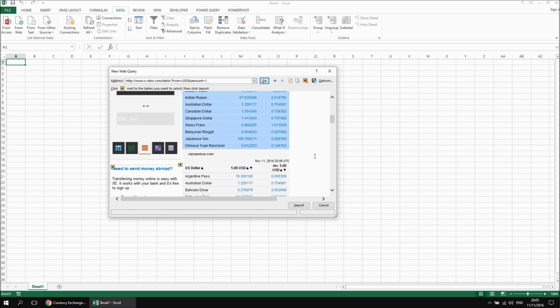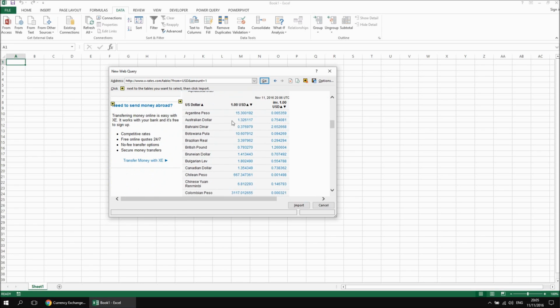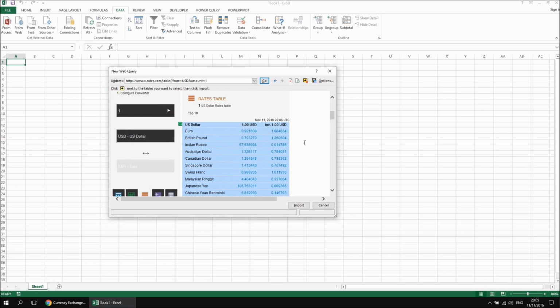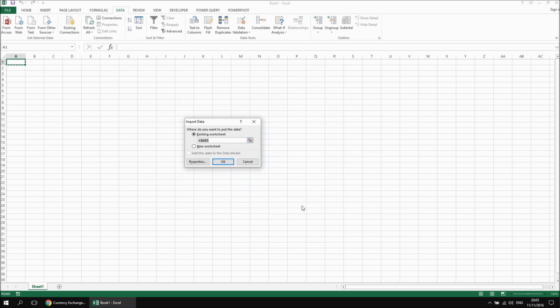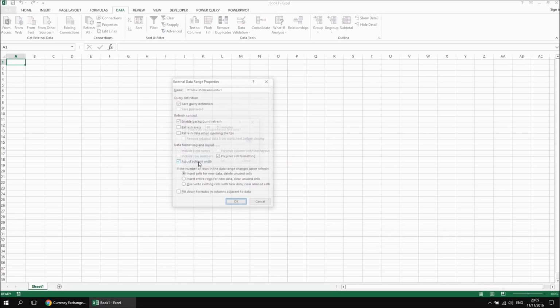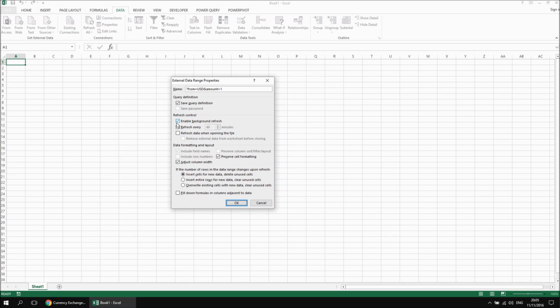You can choose more than one at the same time, so I might want to choose this one down here as well, so I could choose to import more than one table at the same time. I think that's probably enough just for the sake of demonstration. And then at that point, if I click import again, I'm going to choose to put it on a new worksheet. Just really briefly, the properties give you access to do things like choose whether the table will enable background